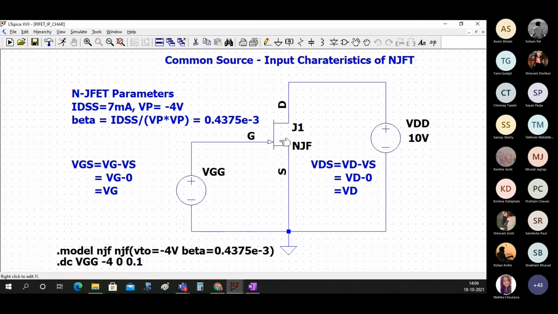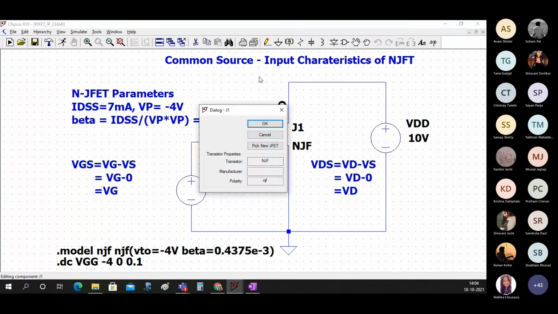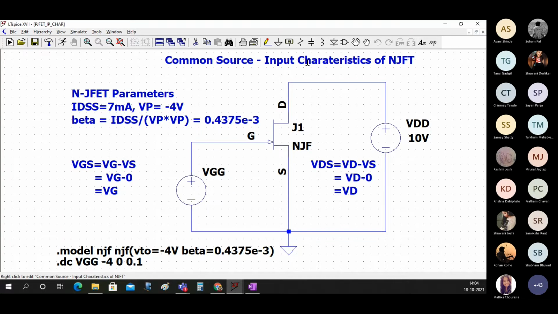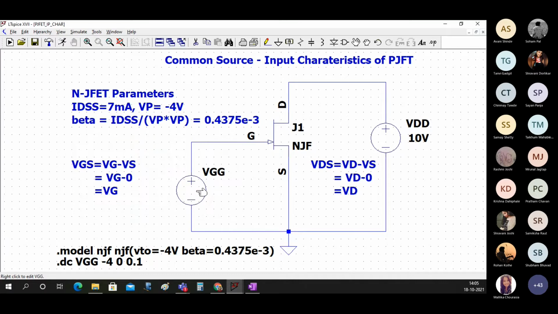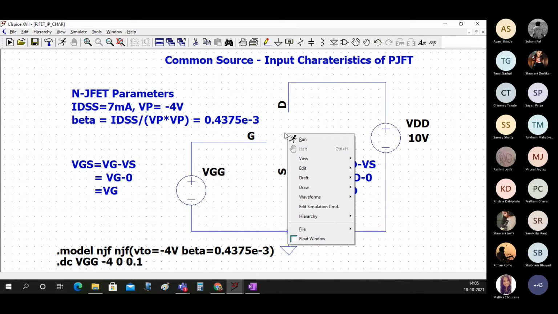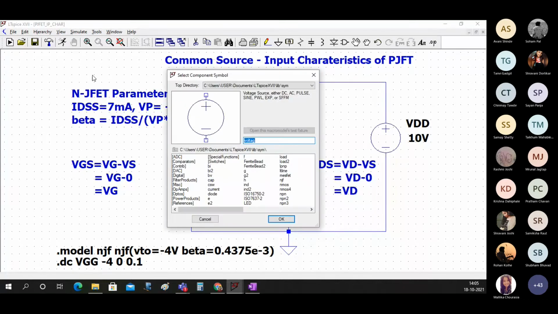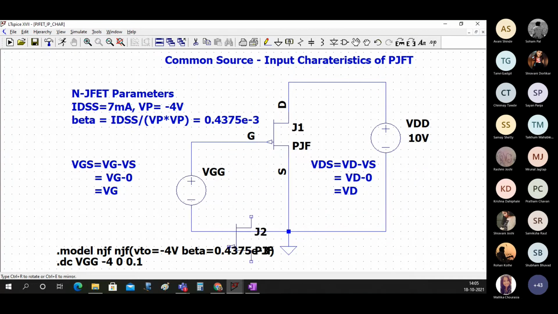And first thing that you have to do is rename this thing. Instead of NJFET, you will write PJFET. And obviously you will have to remove this and put a PJFET here. Okay. And more or less the things will be the same.